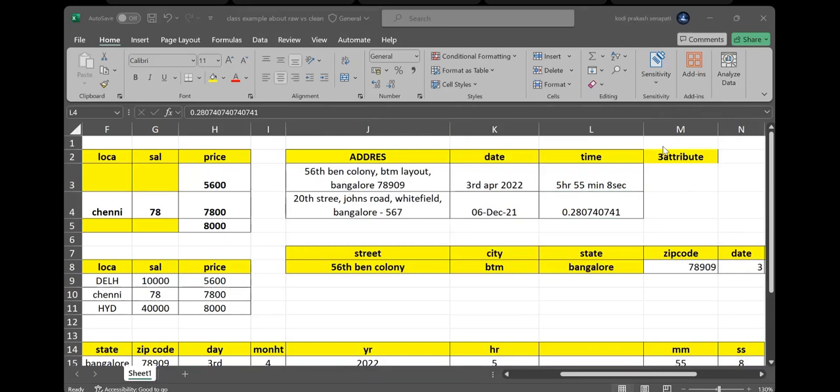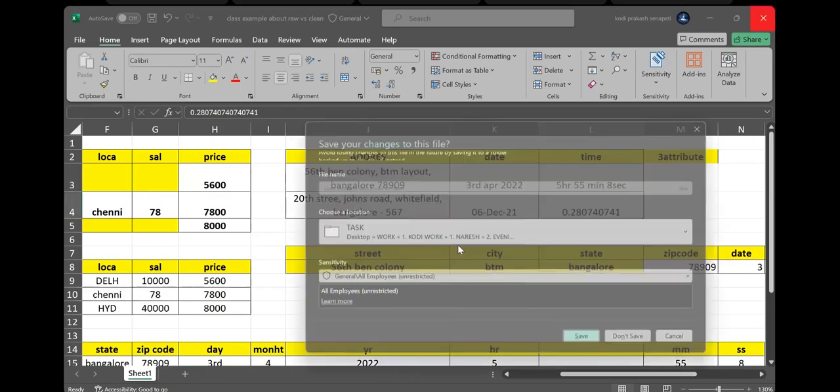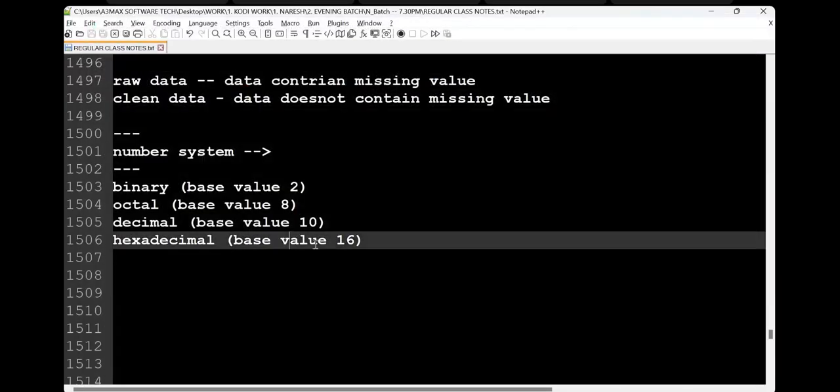So in your company, let's say you get this type of assignment from your boss. You need to do that or not? You have to do that. No problem, you will do. Definitely you guys can do. You have GPT, you have Google, or not? Okay, definitely the problem will be solved. First use your brain, then GPT, and then you can work. Okay, let me close this and not save.